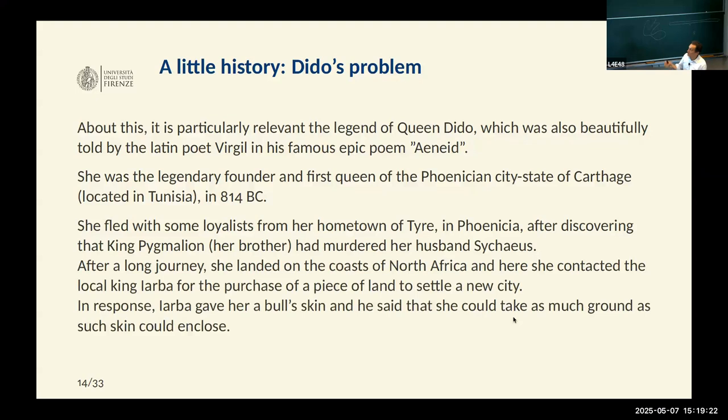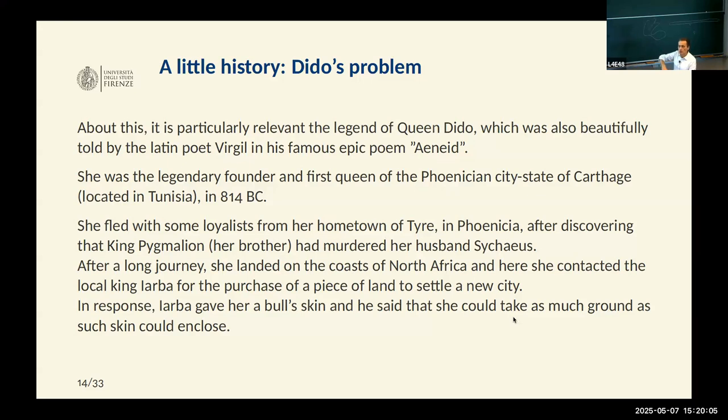So what happened? She was living in Phoenicia, in Tyre, which was her hometown. She was the daughter of the king. The king died. There was also a brother, Pygmalion, and he became king. But he was jealous of Dido and her husband. He was afraid that she, together with her husband Sichaeus, could pretend to have some power. So he killed her husband. He murdered her husband. She knew this, and then she escaped together with some loyalists, some other people,